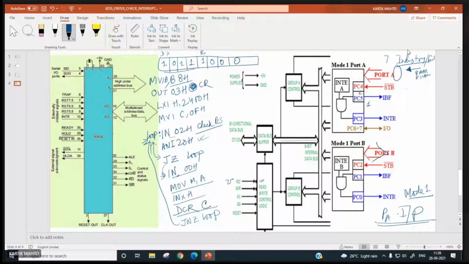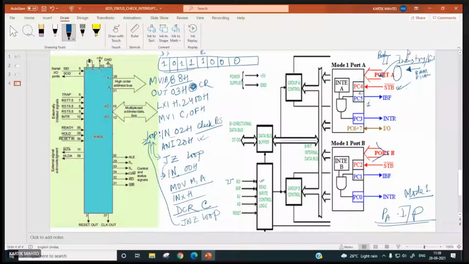punch their card. So they keep the card over here, and they press some key so that their card will be read by the system and their attendance or entry time, everything will be marked.